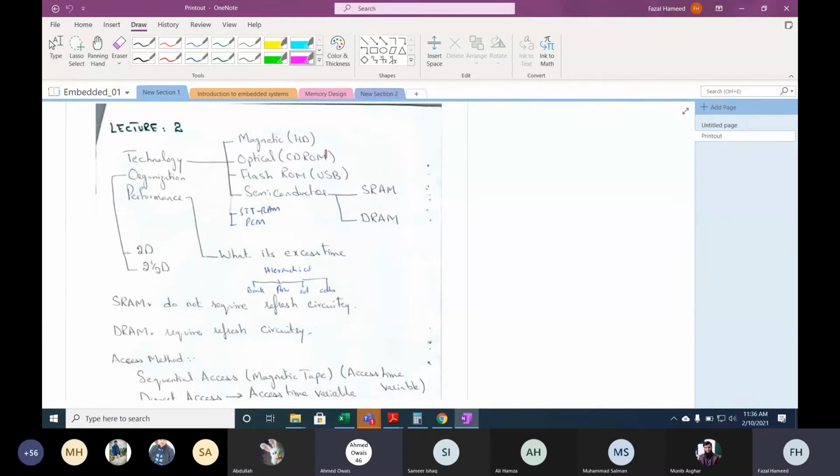Okay, now it also depends on the technology. So it means how the data is stored, in which form it is stored. So what is a magnetic technology? What is magnetic technology? How does it store the data? सर मैग्नेटिक फील्ड्स यूज करके वो पैटर्न्स बनाते हैं. Which type of magnetic field they are using?